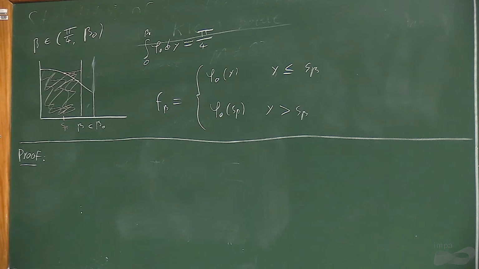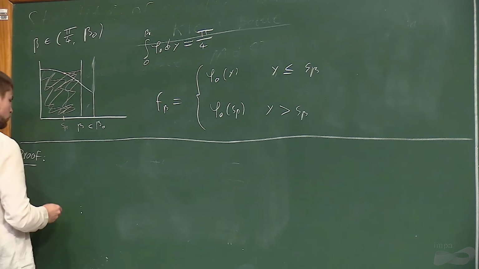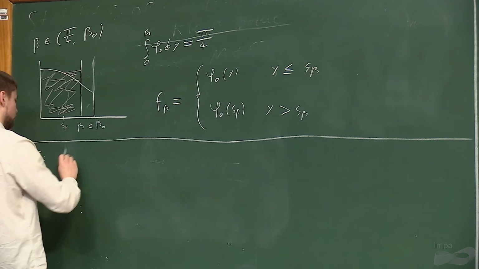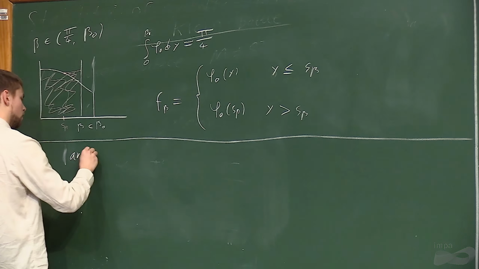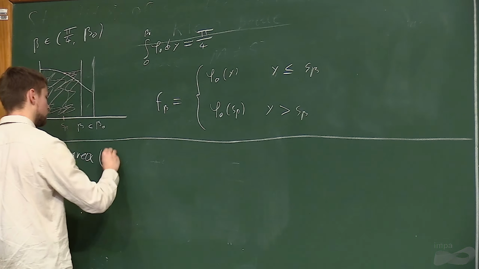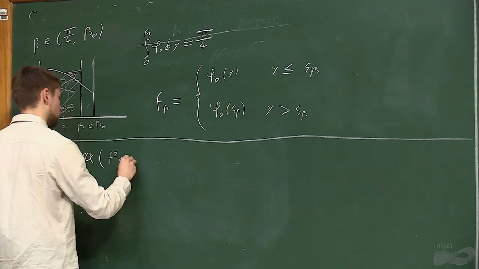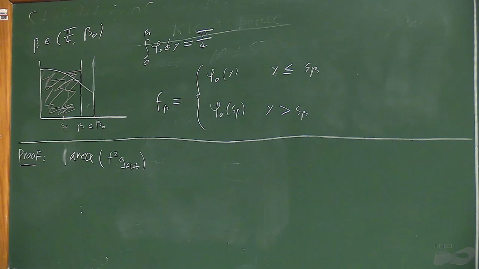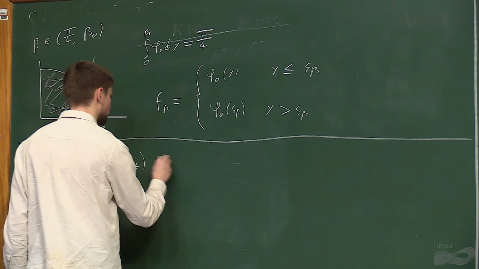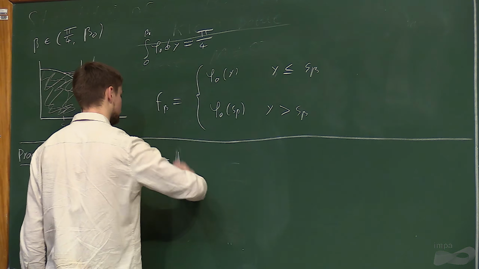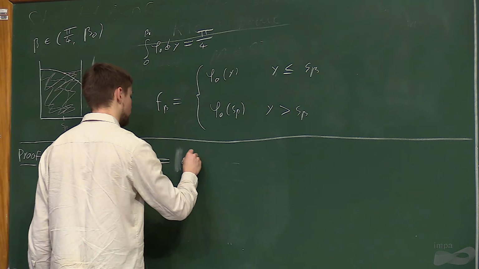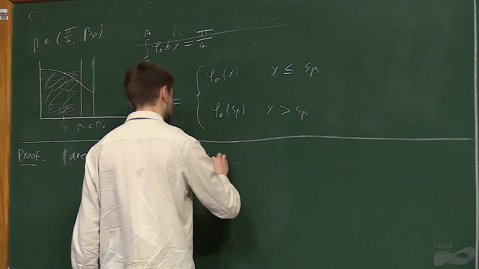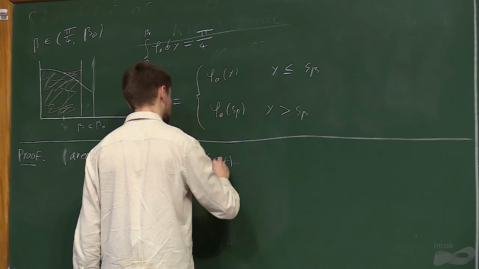So if we have this, then what follows directly from a calculation is that the area of some metric f times g flat is basically just the L2 norm of this function f. So we can write this as the area of this projected metric,